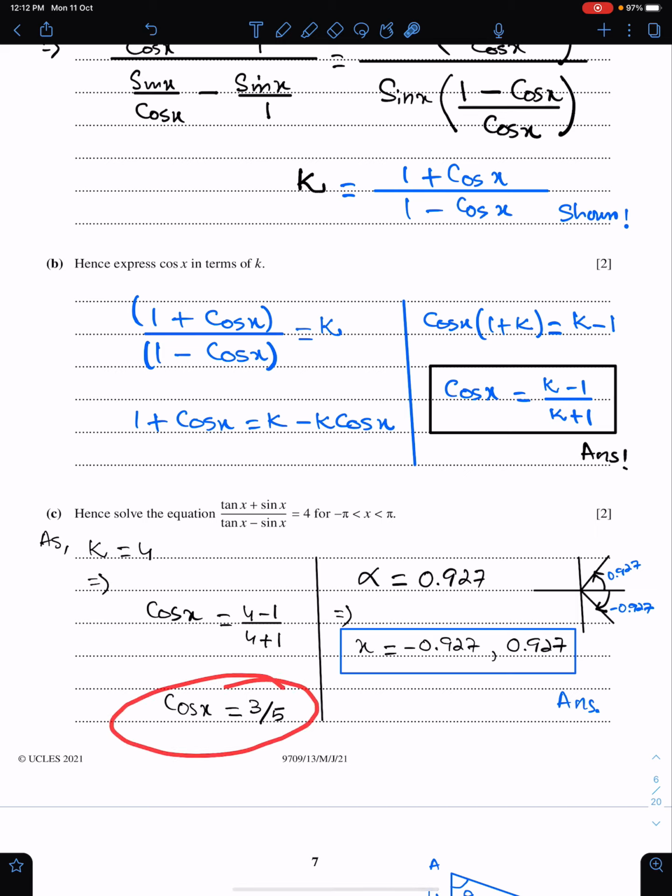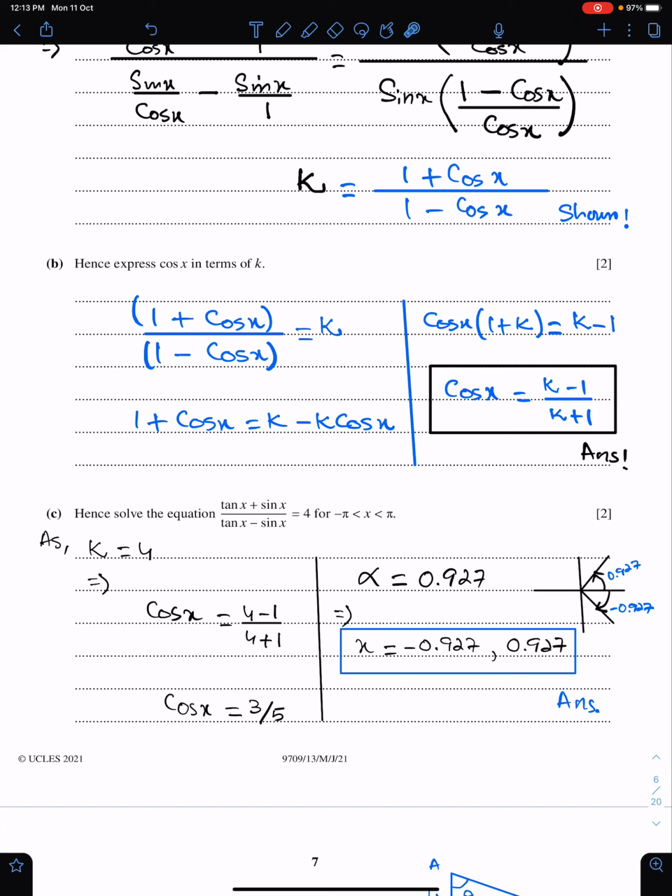So according to this domain, we have to work in clockwise direction and in anti-clockwise direction. Minus pi means work in clockwise direction till here, and plus pi means work in anti-clockwise direction till here. But since cos is positive, it must be in first and fourth quadrant. This is the value of alpha. So when you work in anti-clockwise direction, you will get positive answer. When you work in clockwise direction, you will get negative answer.